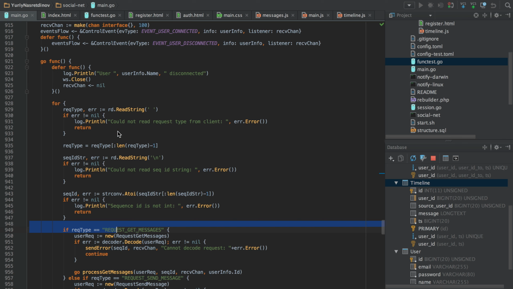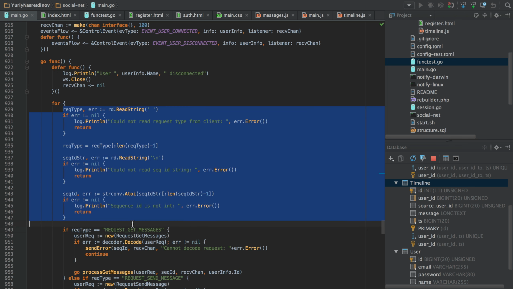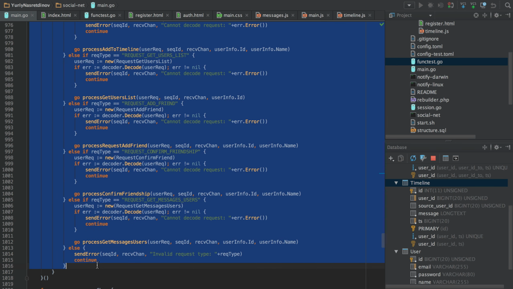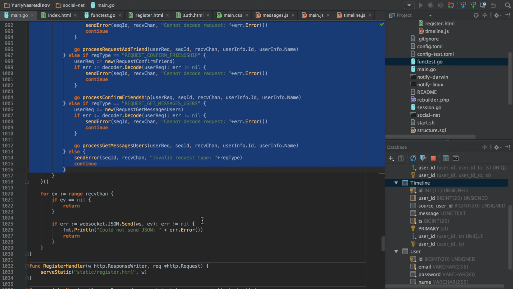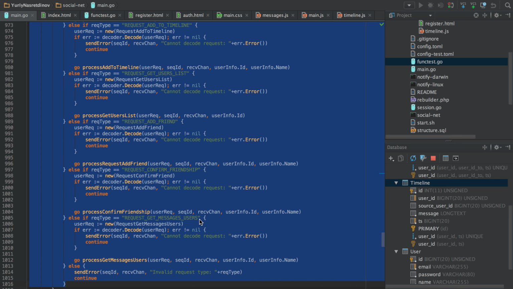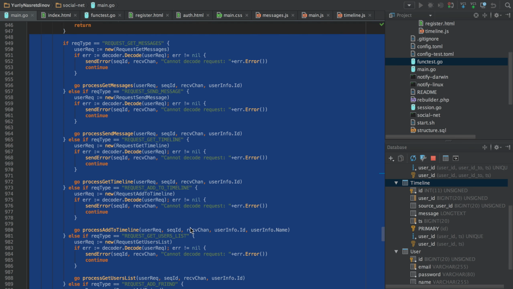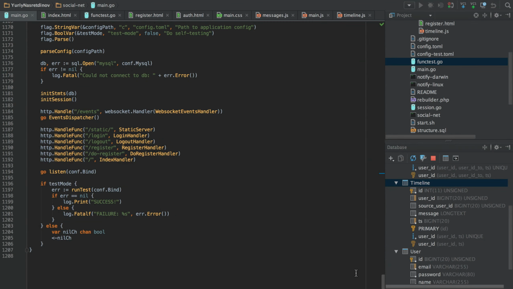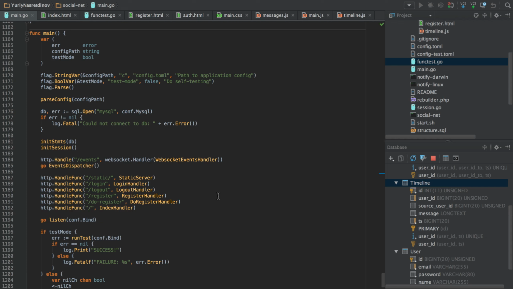These frames are passed in this code that is selected, and there is a very big if-else-if case where we examine the request type and launch the appropriate handler. We launch it in a separate Go routine, and it sends the reply. So it should be refactored because it has a lot of copy-paste code.